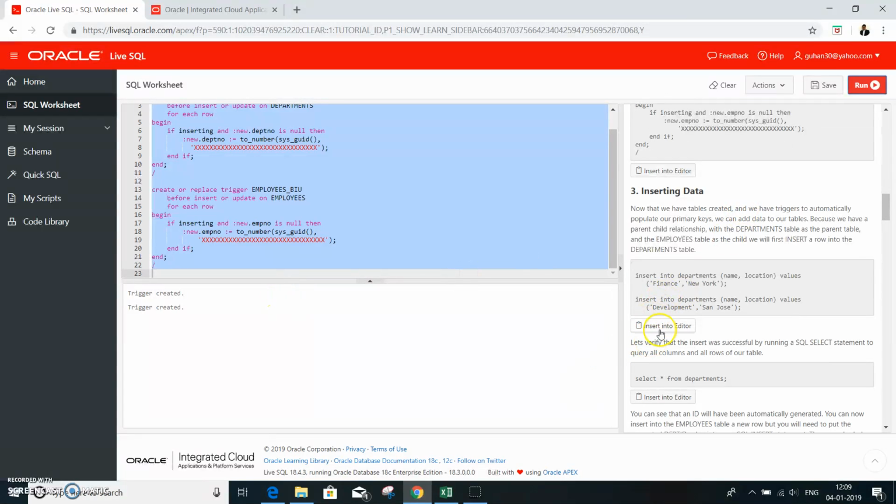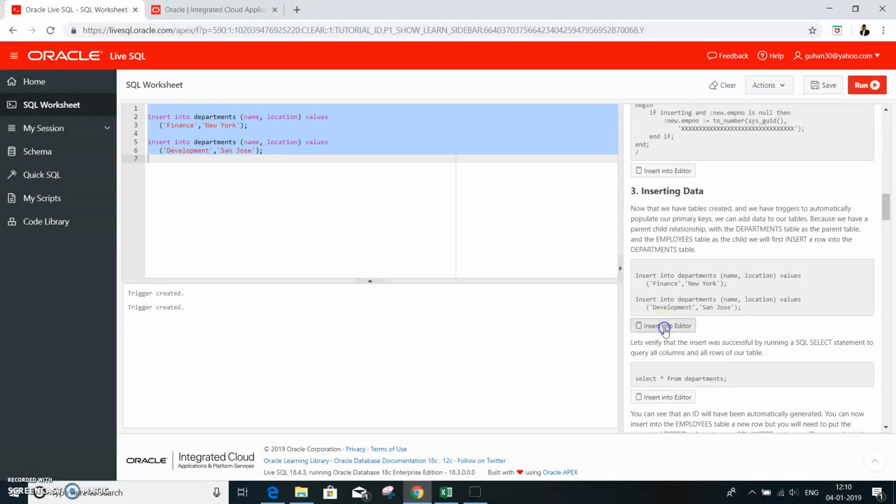Then here we are trying to insert the data. You can say insert the data. So you can run. So rows are inserted. Though we are inserting only name and location, because there is a trigger associated, the number is going to get inserted as well.